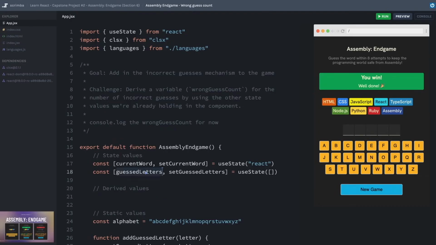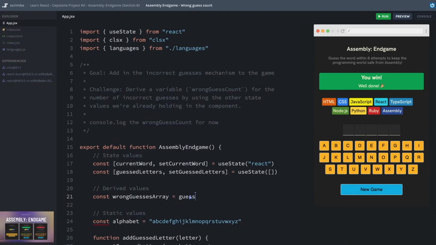Well, we have an array of all of the guessed letters, both correct and incorrect ones. So if we could filter out the correct letters from this guessed letters array, all that would be left is the incorrect letters, and then we could simply take the length of that array to get the exact count for the number of wrong guesses the user has had. This certainly is not the only way to do it, but it is the way that I will be proceeding. So we'll say const wrongGuessCount. And actually, just for now, so that I don't have to try and chain too many things together, I'm going to maybe have a wrongGuessesArray, and we'll just take care of this in 2 steps. I will probably end up combining them once we understand what's going on here.